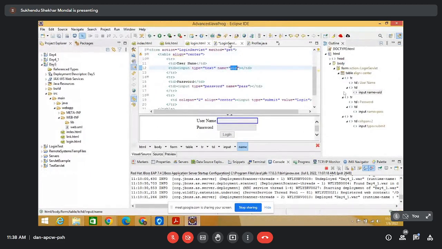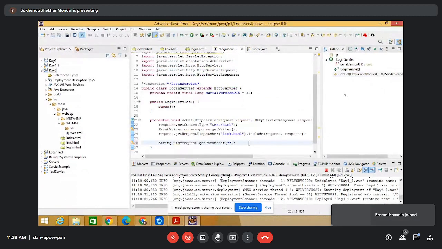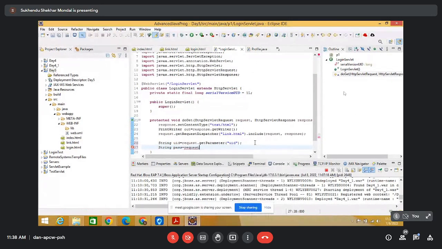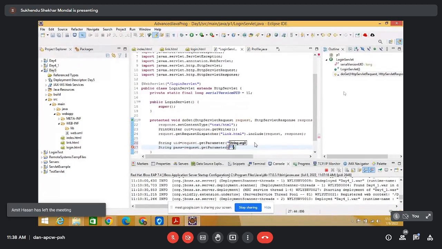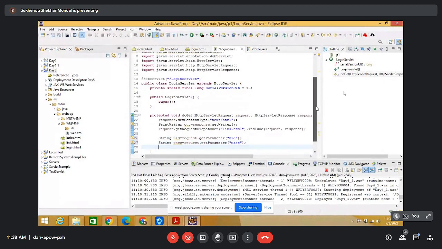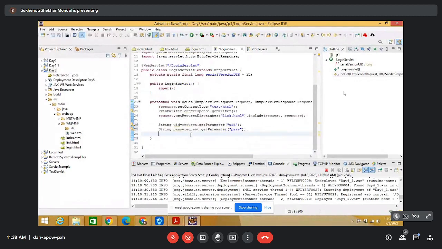So Control C, this is UID, and String password equals request.getParameter, that is password. And